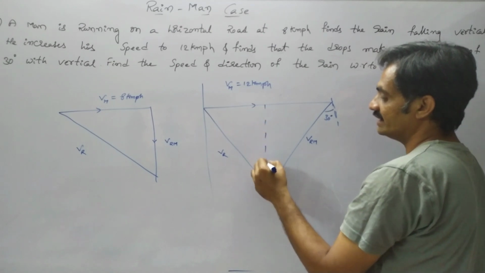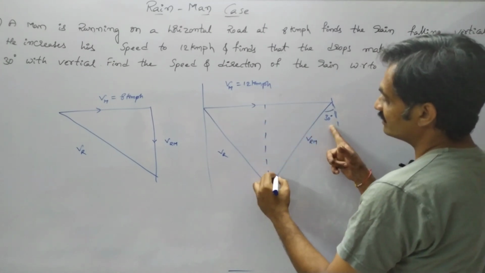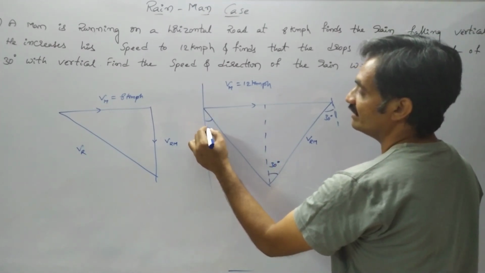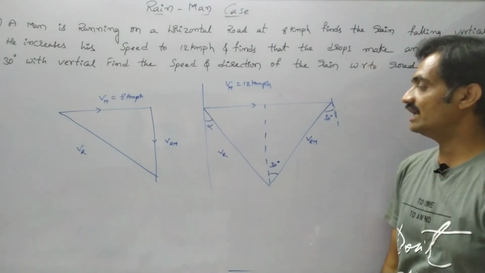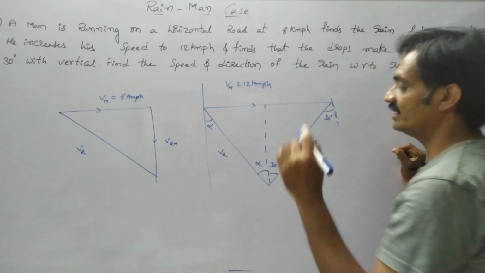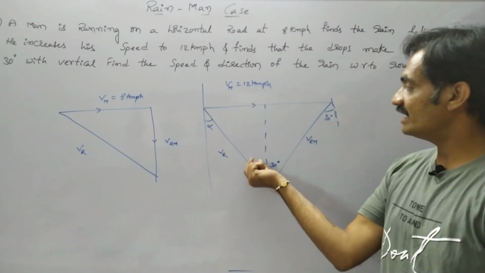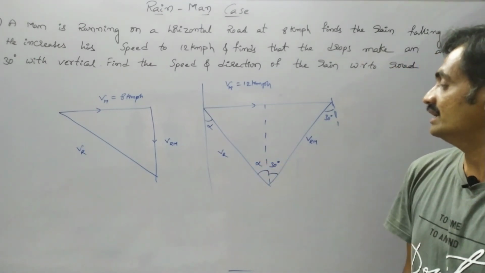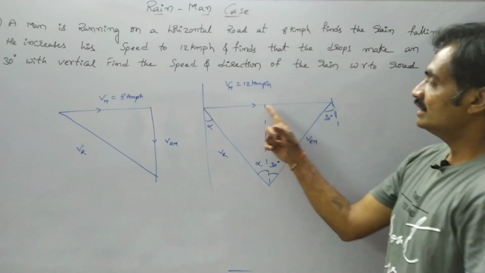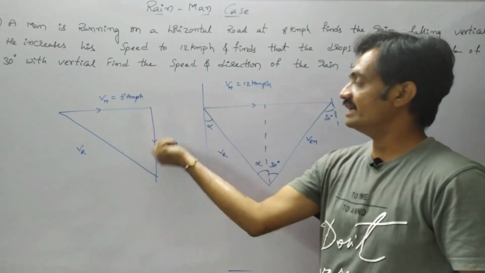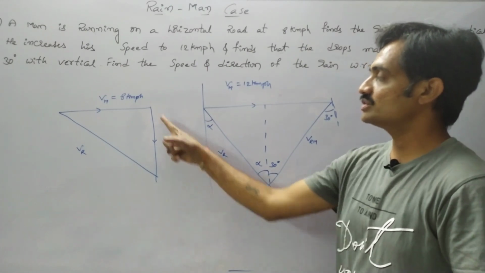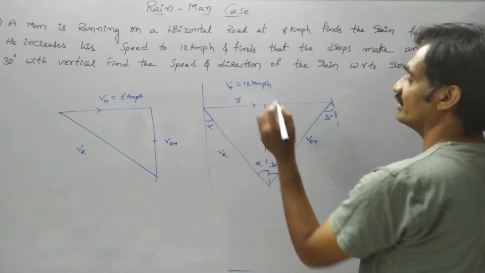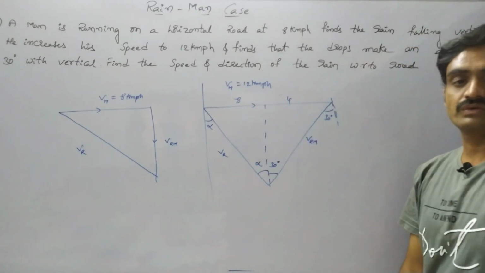Now if we draw a vertical line at the center, as we have 30 degrees here, we also have 30 degrees here. The angle made by the rain with respect to the vertical is considered as alpha. Based on that, we have to find the angle alpha, as well as the velocity of the rain and the velocity of the rain with respect to the man. Observe that up to this extent we have 8 km/h, since the rain appears vertical to the man when he is moving with 8 km/h. So here we have 8, and the remaining velocity is 4.